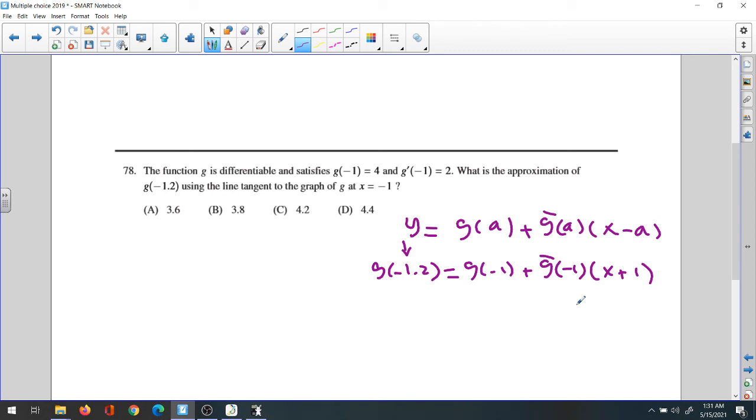So we come up with this here. We know that g of -1